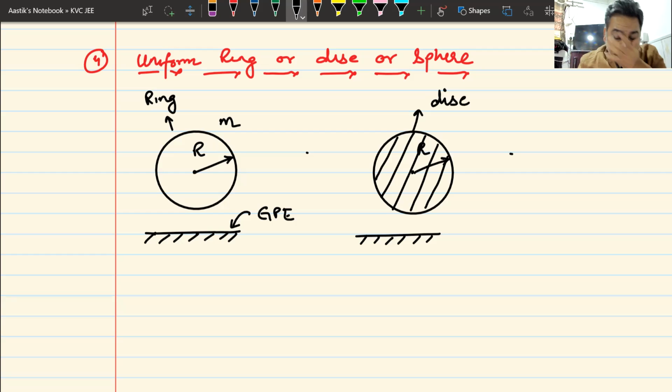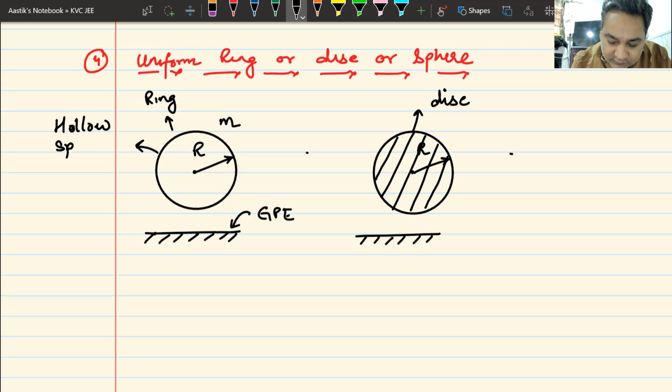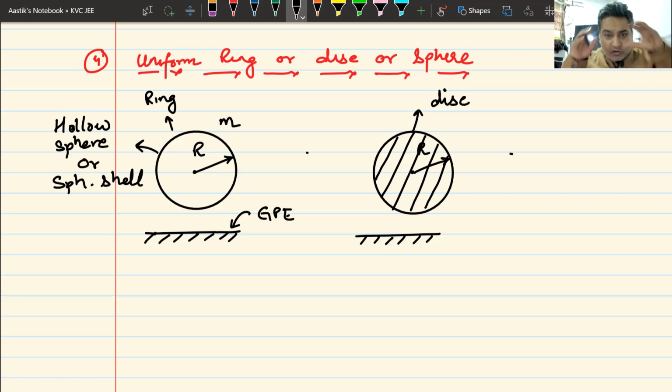Okay. Similarly, if I had to represent this, this will become a hollow sphere because nothing is inside. So you can call it hollow sphere. I don't like to call it hollow or empty or anything. I will call it spherical shell. So if I have to draw a spherical shell, I will draw it like this. Only the gola and nothing is inside. Khali gola.